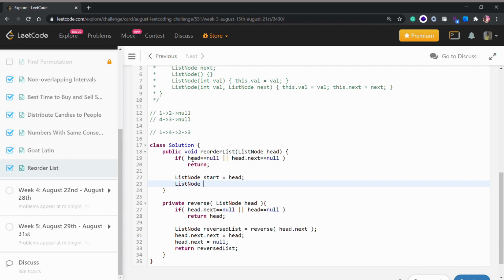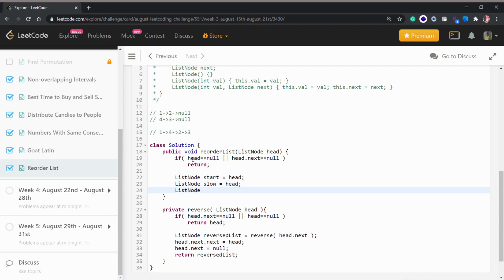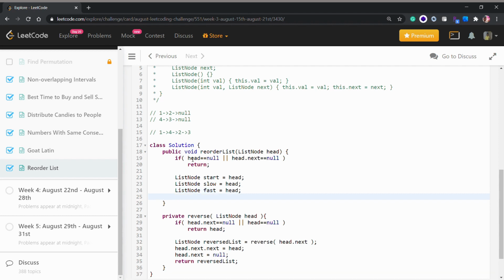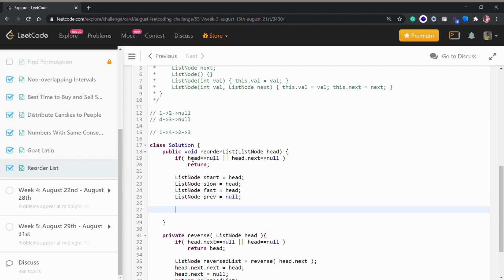And then we will have another ListNode, which we will call slow, equal to head initially, and another ListNode fast, which will be equal to head as well, and another ListNode called previous, which will be equal to null. Now we will have a while loop: while fast is not equal to null and fast.next is not equal to null as well.